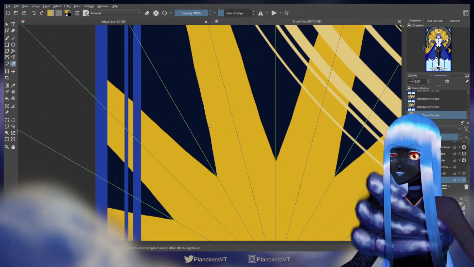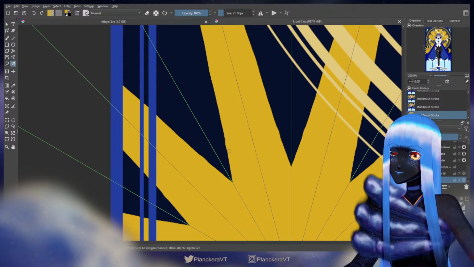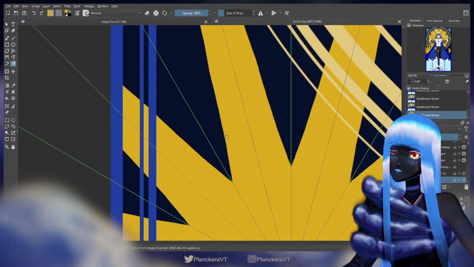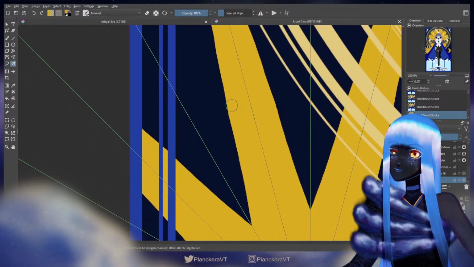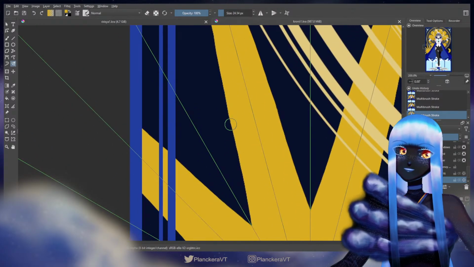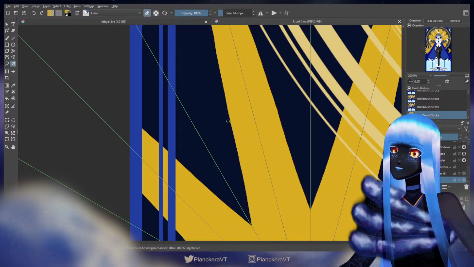I don't know if I like this blue in the background, so when I go and start adding details to the sun, I think I'm going to do them on a separate layer, just so that I know I can fix it later if I need to. So I can easily change the color. I'm not totally sold on all these colors yet. Not completely.